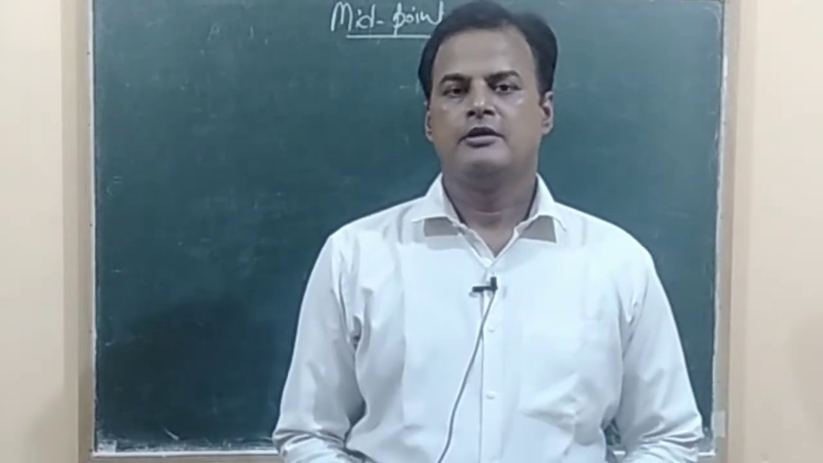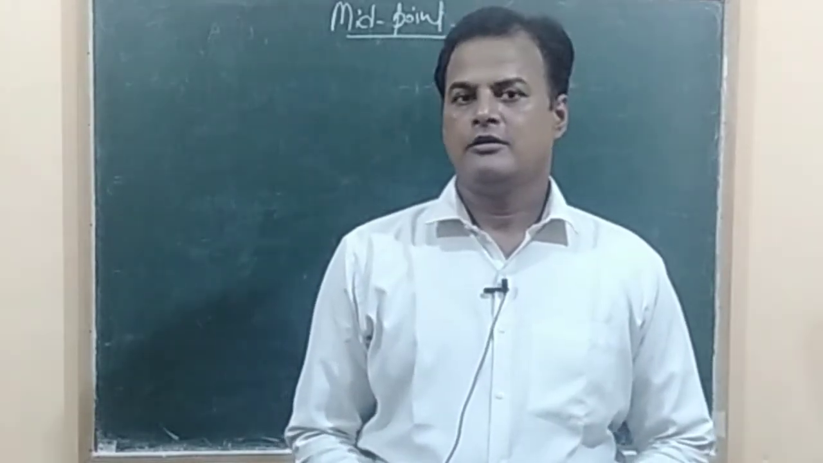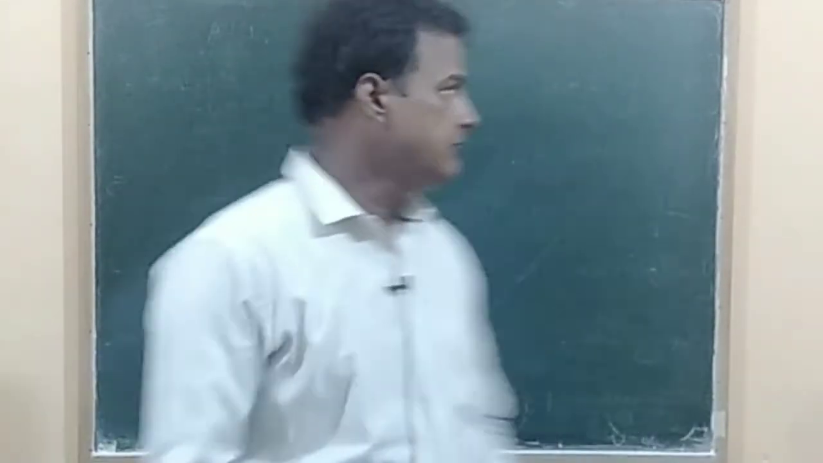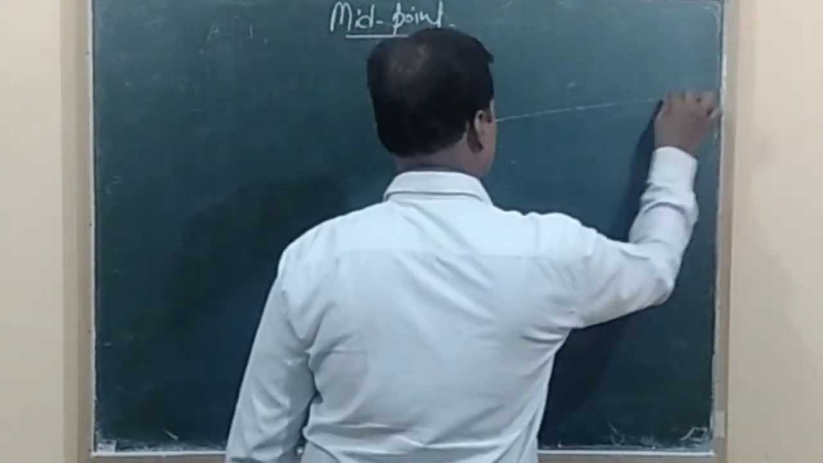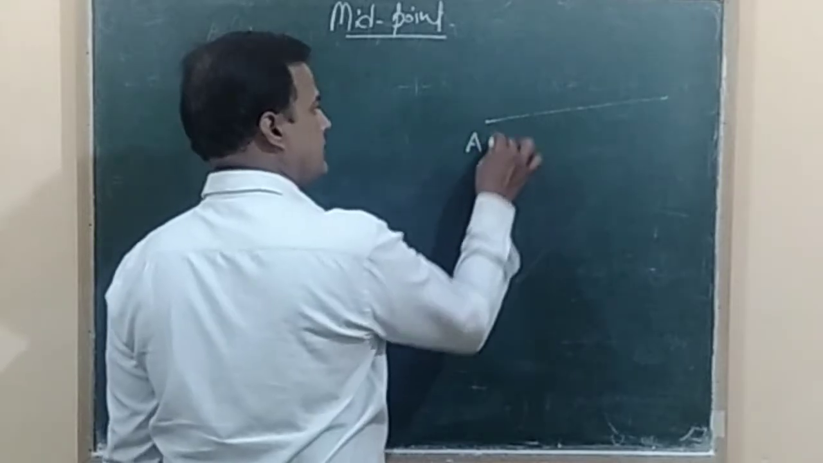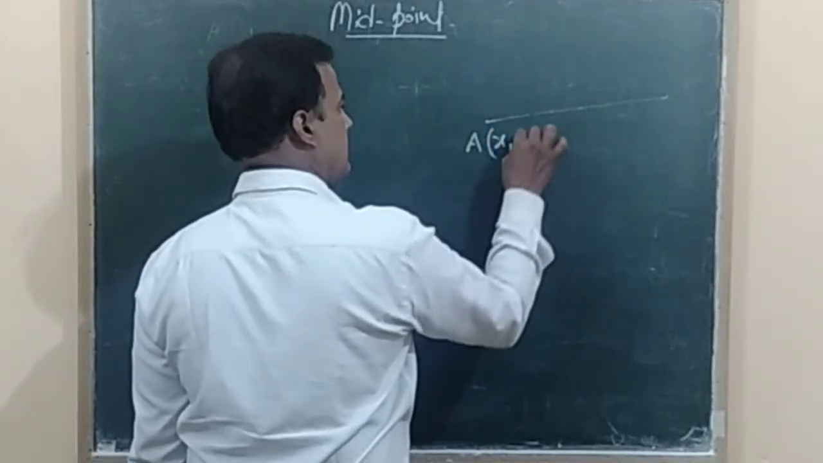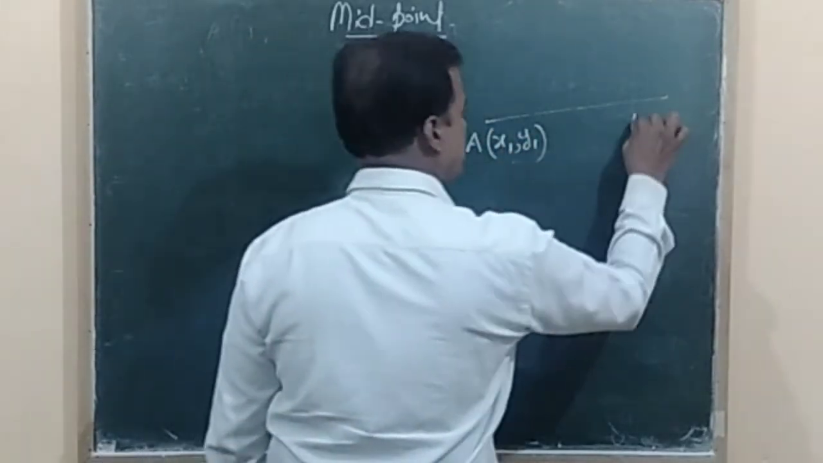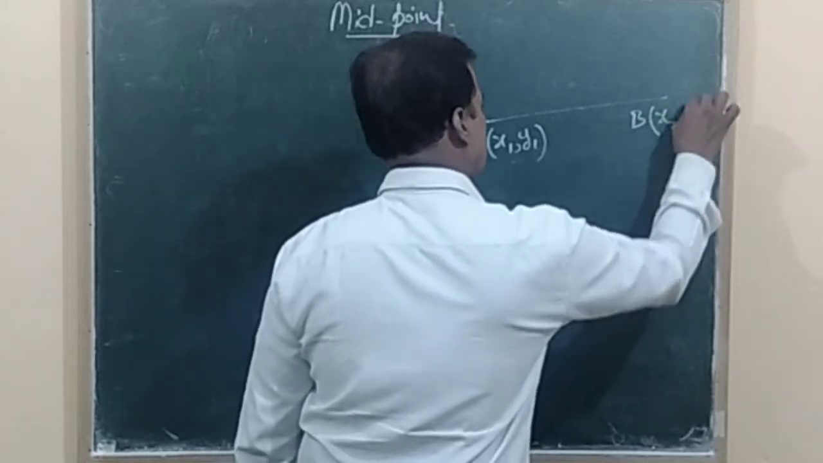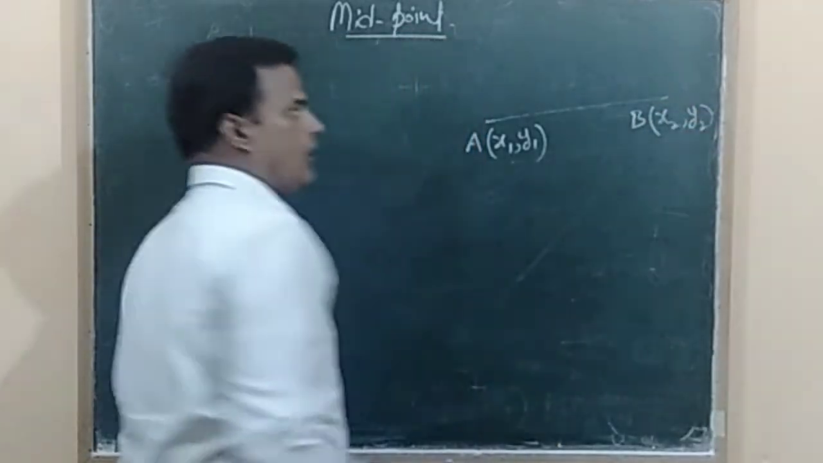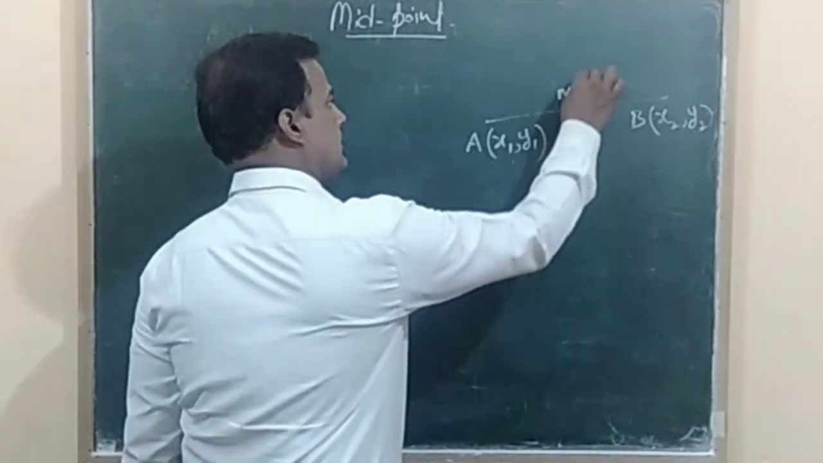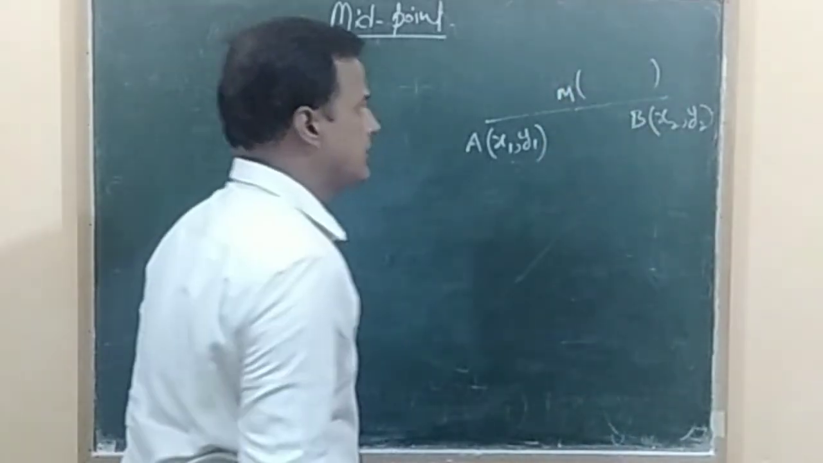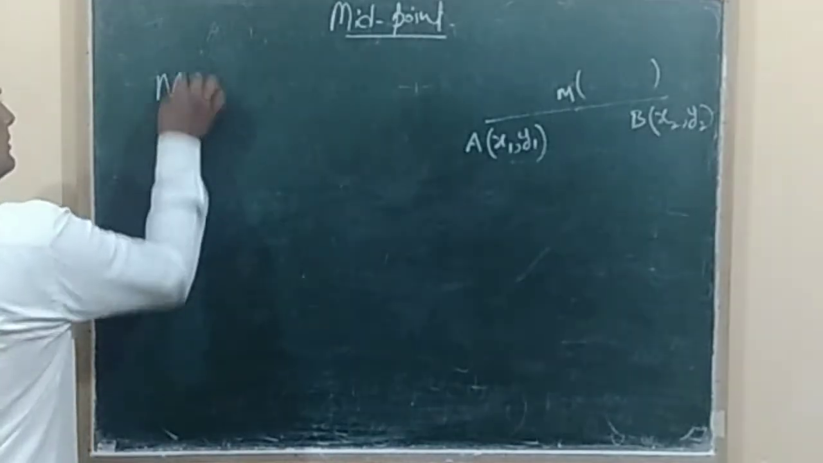हेलो स्टूडेंट्स, आज हम पढ़ेंगे मिड पॉइंट। मिड पॉइंट कोऑर्डिनेट का मिड पॉइंट आप जानते हैं कि अगर कोई लाइन है AB, A के कोऑर्डिनेट हमको दिए हुए हैं x1, y1 और B के कोऑर्डिनेट दिए हुए हैं x2, y2 और हम इसके मिड में कोई पॉइंट M लेते हैं तो M के कोऑर्डिनेट क्या होंगे? M के कोऑर्डिनेट होंगे